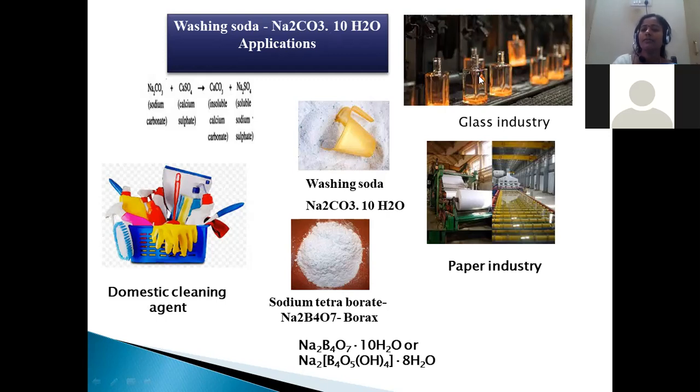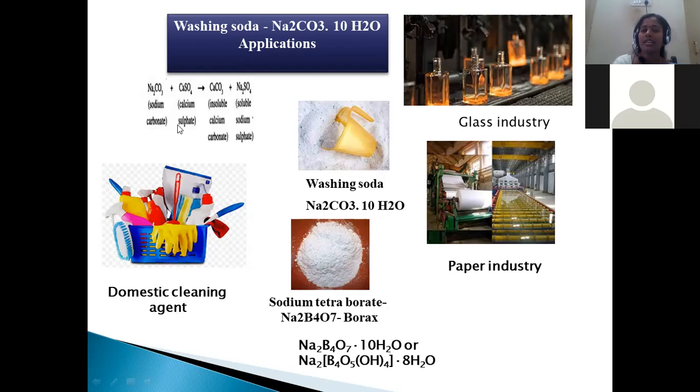Washing soda is used in glass preparation in industry. In the paper industry, it is used as a cleansing agent to remove the contaminants present in the paper pulp. In borax manufacturing, it is the essential starting material. It is also a material to kill pathogens like bacteria, viruses, fungi, algae, and protozoans that cause diseases. All of those can be destroyed by the addition of washing soda. Hence, it is most often used as a domestic cleansing agent.